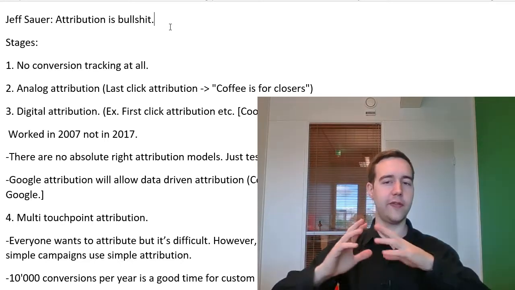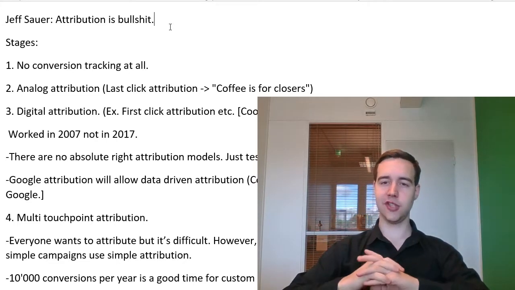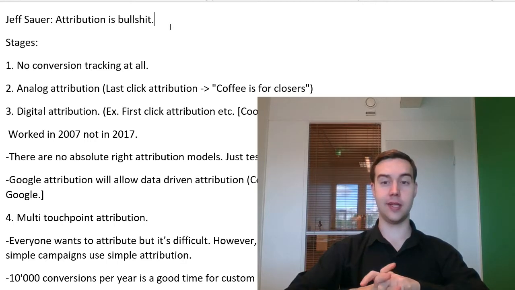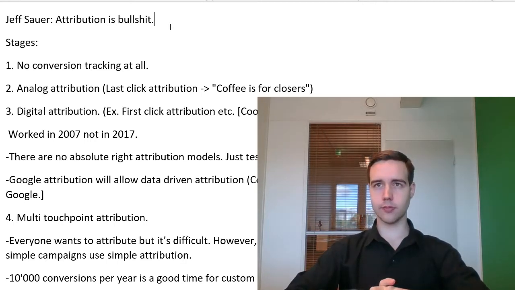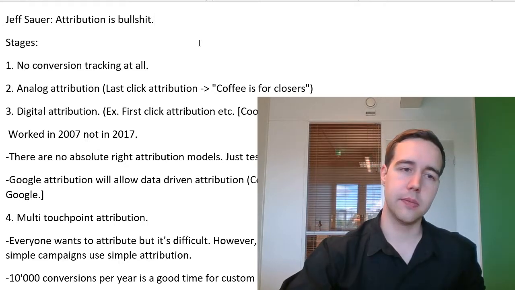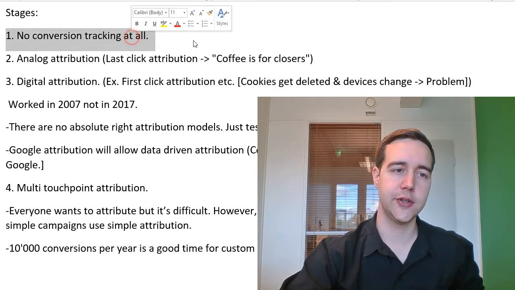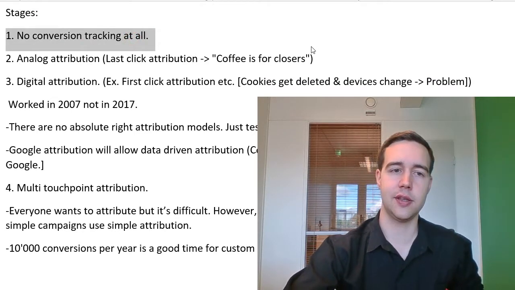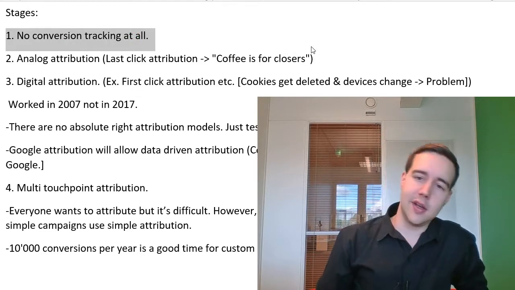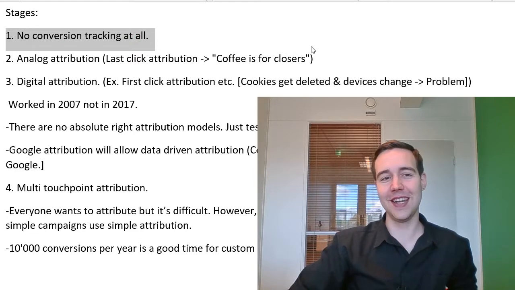Now, if you run a small company, you don't really need to worry about this, especially because most of your advertising is probably pretty simple. So what you have is a simplistic model, and that's working for you. So this guy, Jeff here, he identifies the stages. So first stage is that you don't have any conversion tracking at all. This is basically level 0. It's marked there as 1, but more fairly it would be level 0, because you have done nothing and you basically are not even in the game.